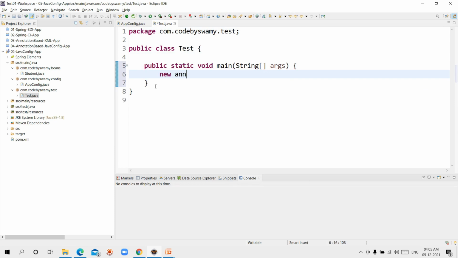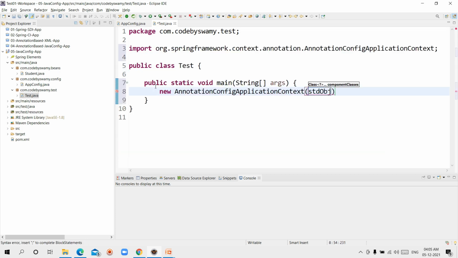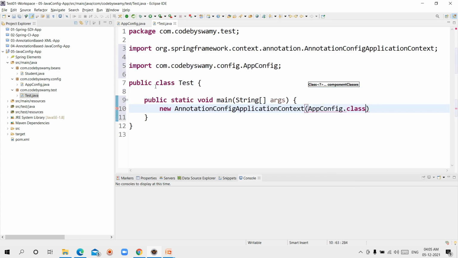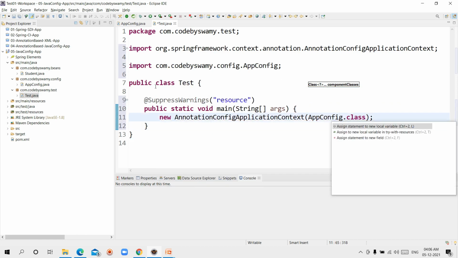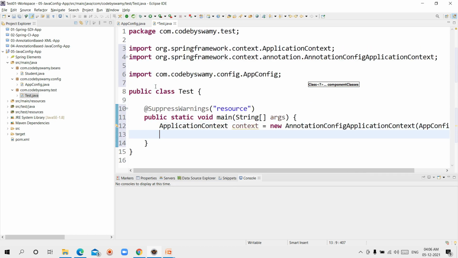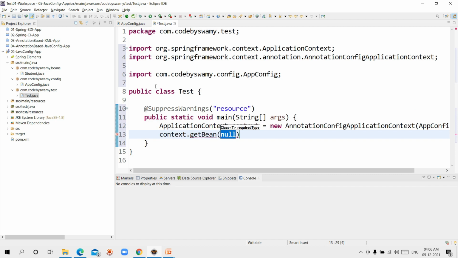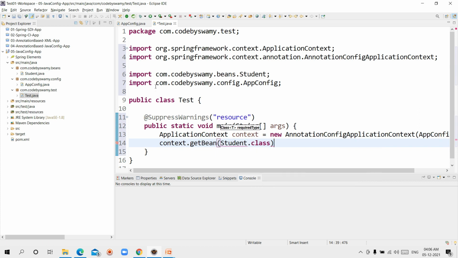New AnnotationConfigApplicationContext, AppConfig.class, which returns ApplicationContext. ApplicationContext.getBean, this time I'm writing Student.class.